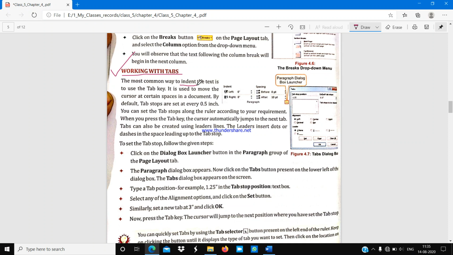Indentation determines the amount of space between the text and the page margins. Understood? Indent is the space between the page margin and the text. You can see here.